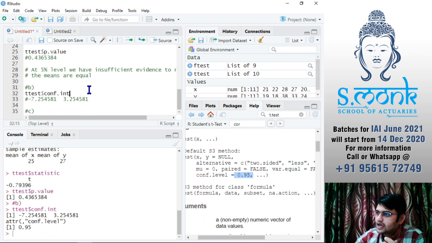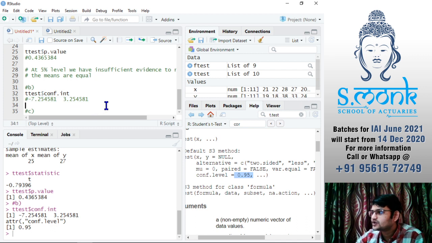Okay, and just by looking at the confidence interval we can tell that the mu's are equal because mu x minus mu y equal to 0 comes in between this confidence interval, or you can say 0 is included in the confidence interval.